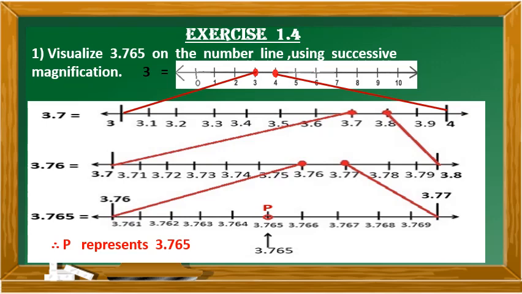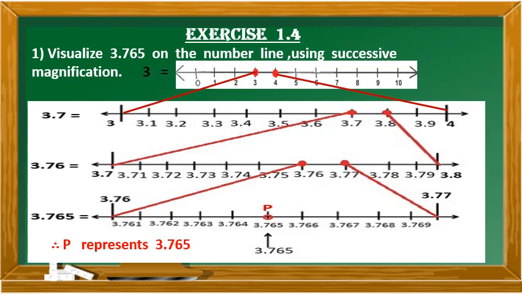Now view the next decimal 3.7. It lies between 3 and 4. Circle 4. Now why is that? We have to draw the next number line, that is divide it into 10 equal parts, and the first part should be 3 and the last 10th part should be 4. Now since we have to represent 3.7, so we have to start with 3.1, 3.2, 3.3 and so on till we reach 3.9 and at last 4. Now circle 3.7.